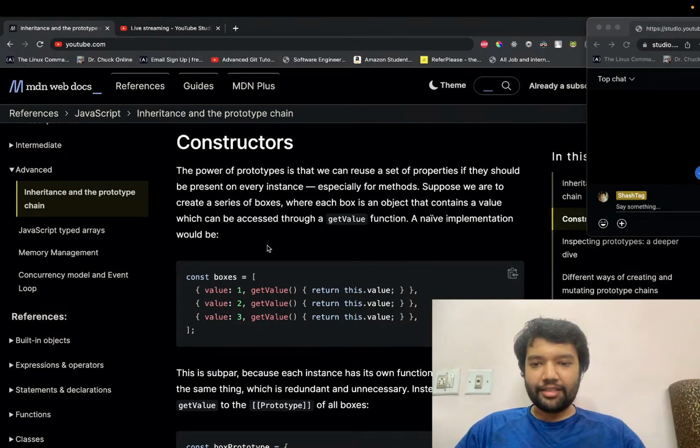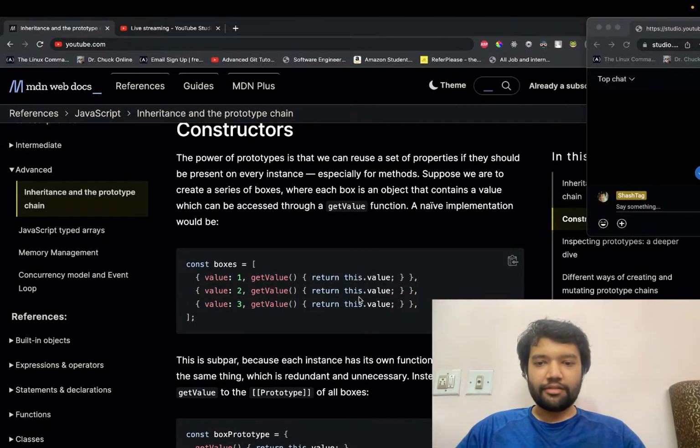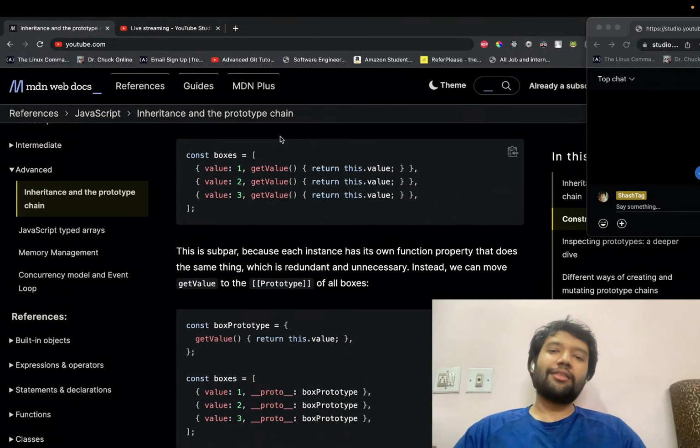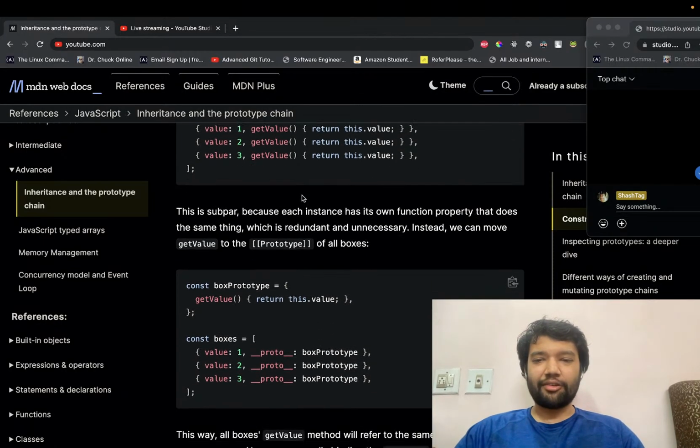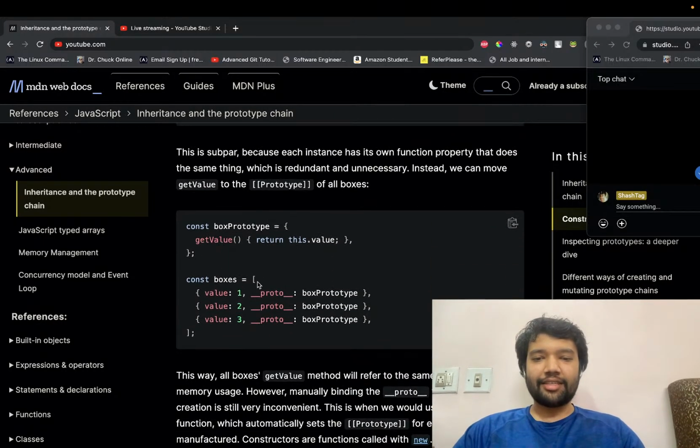A naive implementation would be value, getValue, and yeah. But obviously here we are adding getValue to all the objects, which is not very beneficial to us. So for that we can just add a prototype, but normally just changing the prototype